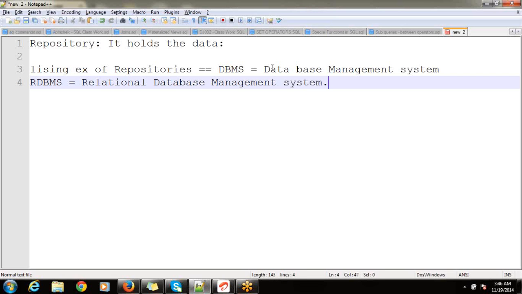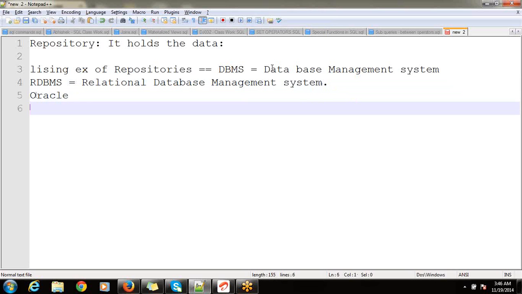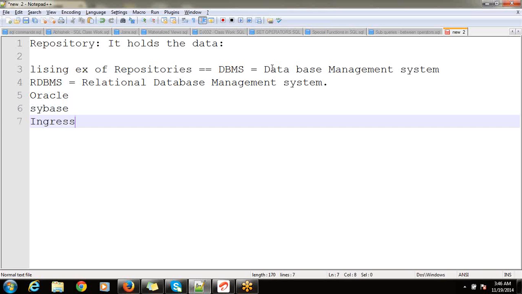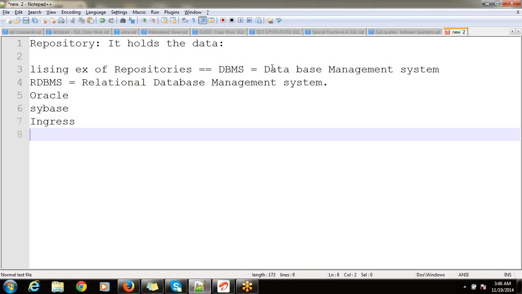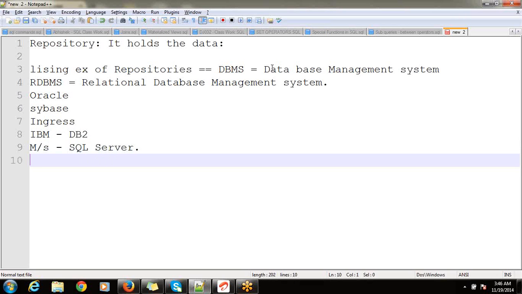Under RDBMS there are various examples like Oracle, Sybase, Ingres, IBM's DB2, Microsoft's SQL Server, MySQL.